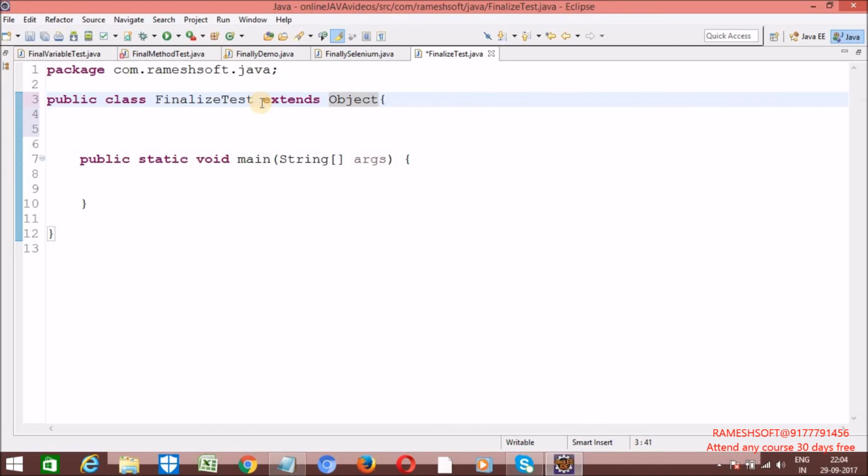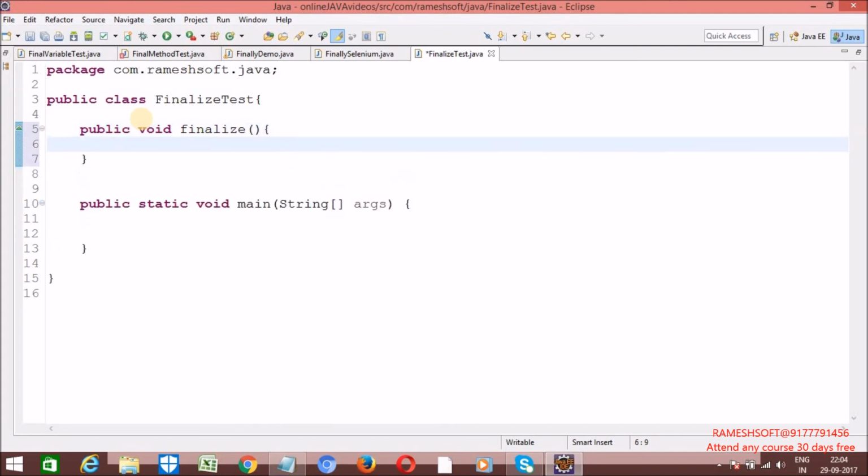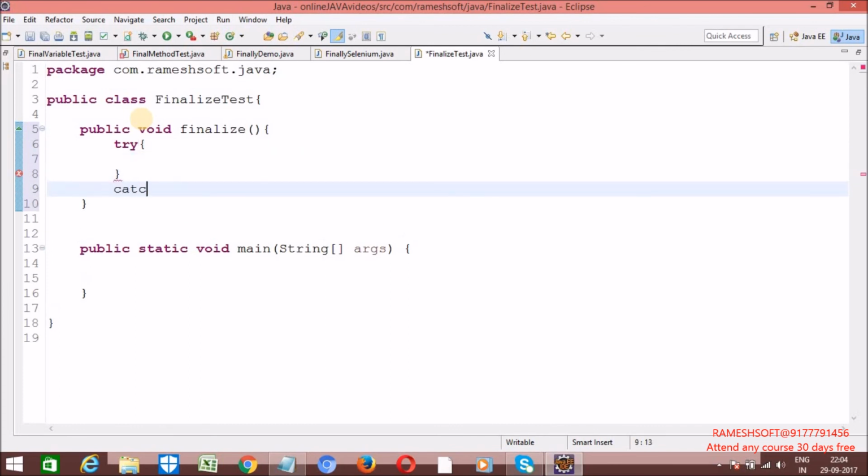So for every Java class, Object class is a superclass. Even if you don't extend it, there is no problem. By default your class is a child class of Object class. So let me override it: public void finalize method. Inside it, let me take a try and corresponding catch block,